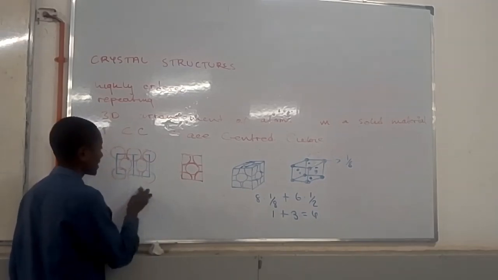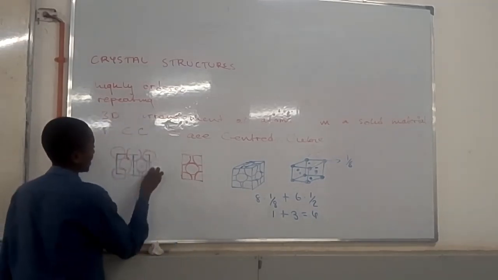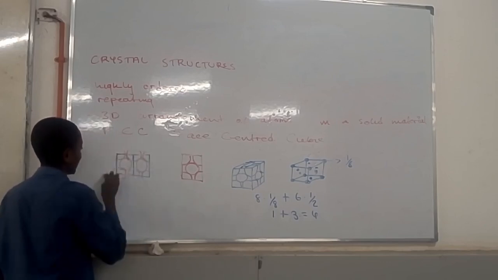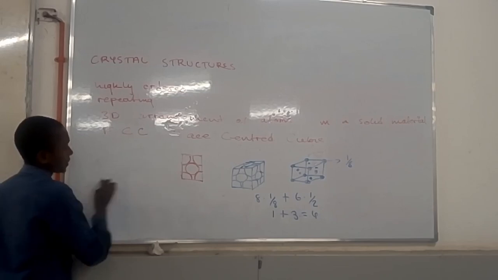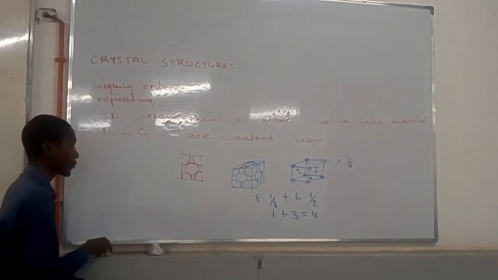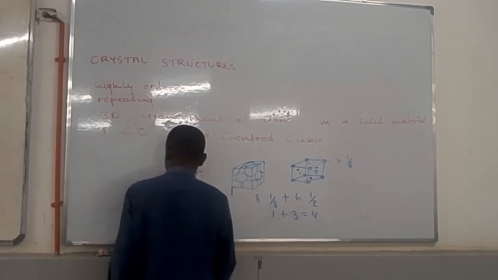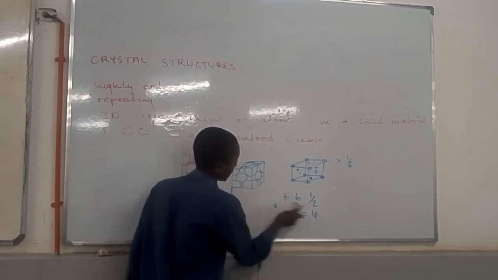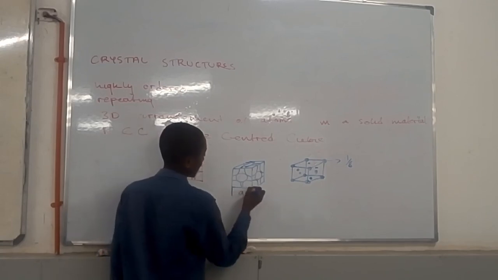I just can't remember them. That's why we are writing them like this. Okay, so let's try to find the volume. We know even for this one that the volume is,